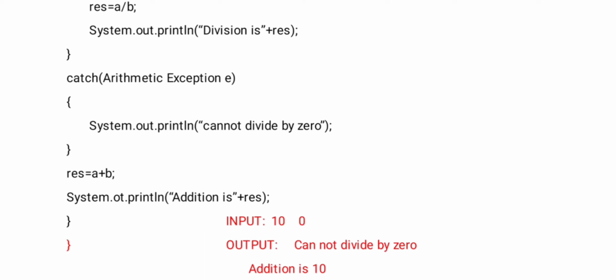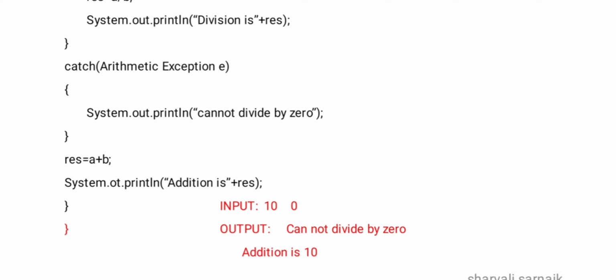So in the catch block I have written ArithmeticException. I have given the name of the exception, that is ArithmeticException. Which type of exception may occur? I think it will be an arithmetic exception because I am giving arithmetic code, that is, a divided by b is arithmetic code. So I have to write the name ArithmeticException and create an object of that ArithmeticException as e.